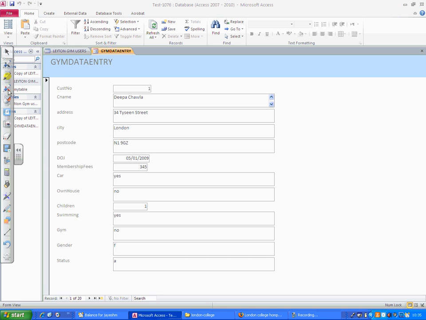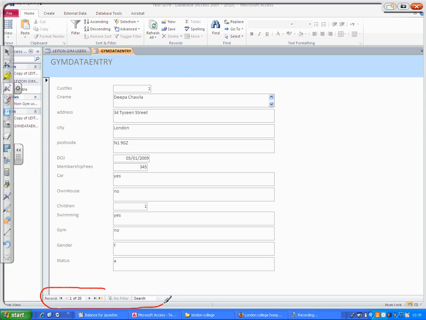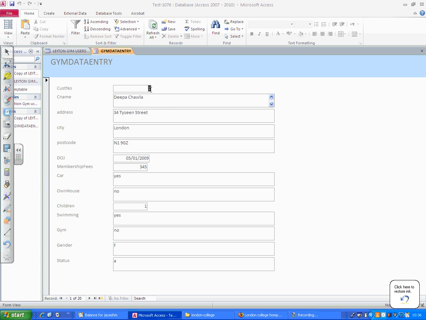If you look at this form, at the footer of the form, it shows you the panel to control and see your records. Right now my form shows me my first record. If I click on this button here at the footer called next record, it shows me the next record. So you can actually browse through new records or existing records you have. Next to that, it shows last record, which is number 20. And next to the last record, you have a button called new blank record. So if I click on new blank record,